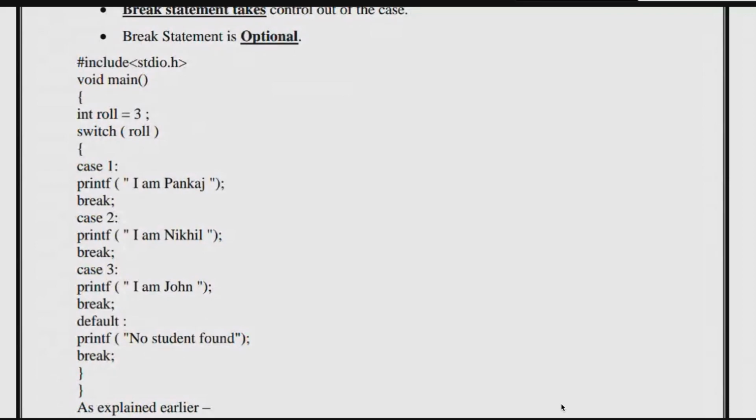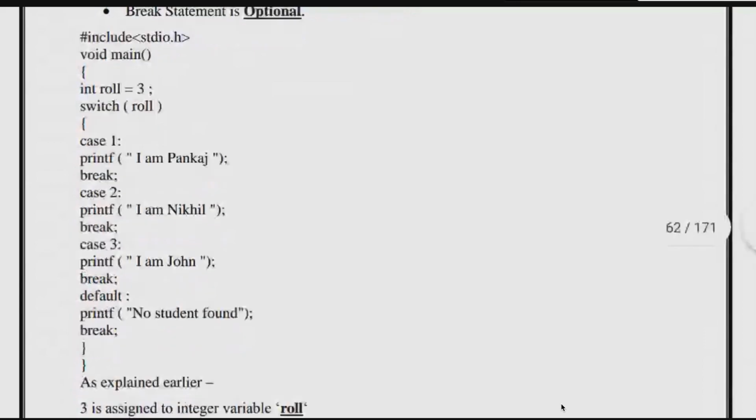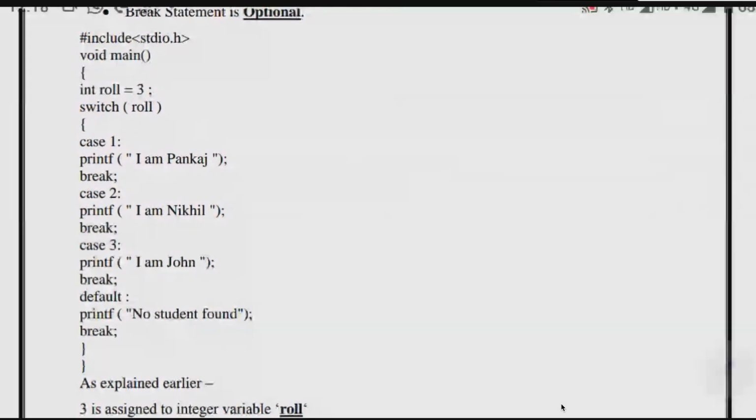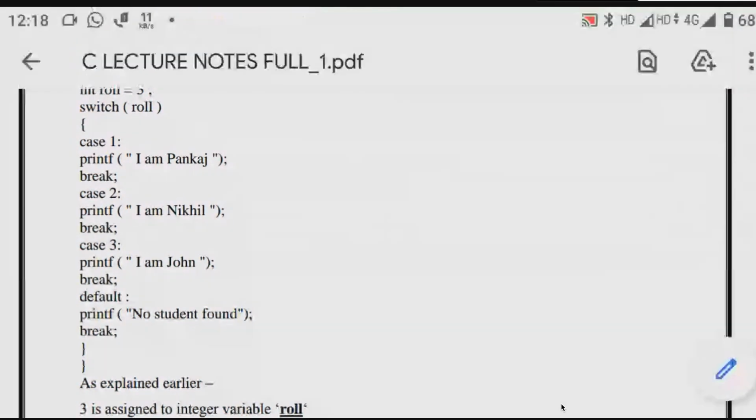Right now I have taken case 1, case 2, case 3. Only 3 cases he has taken. Case 4 is the default thing he has written. Default means if none of the cases is satisfied, print the default thing. That is the meaning of it. That means if a case is false, it goes to the else. So like that, it will be false for the 3 cases, and it will print the default.